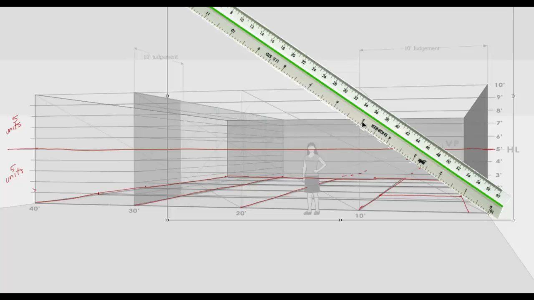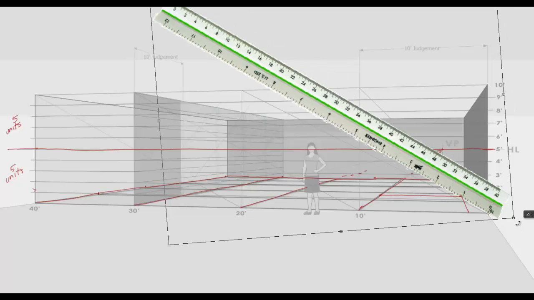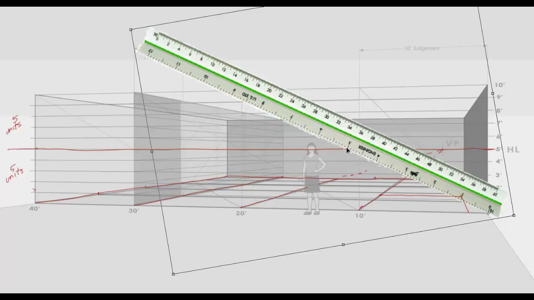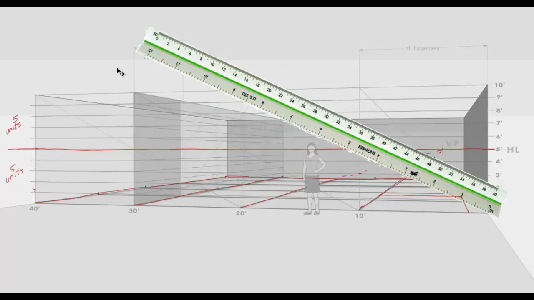Now it could be 5, could be 10, could be 15, 20. It doesn't matter what it is. It doesn't matter what scale you use. You just need 5. It could be 5 half inches. Of course, that won't work because that's what this is, right? But if I take this and just rotate it down until that 5 is right on the line right there, now I can come across, I'll leave that in position, and I can come across